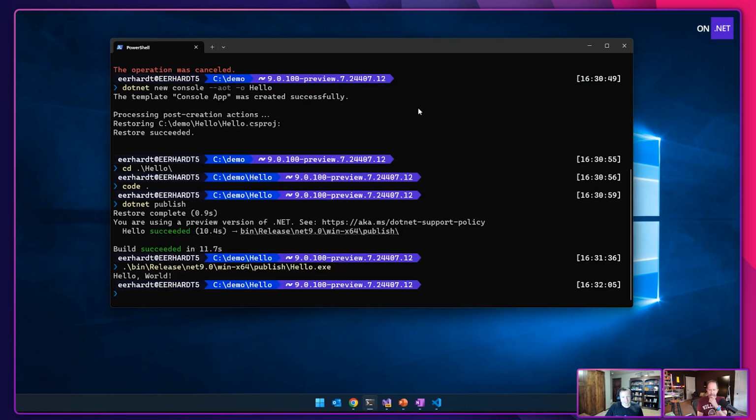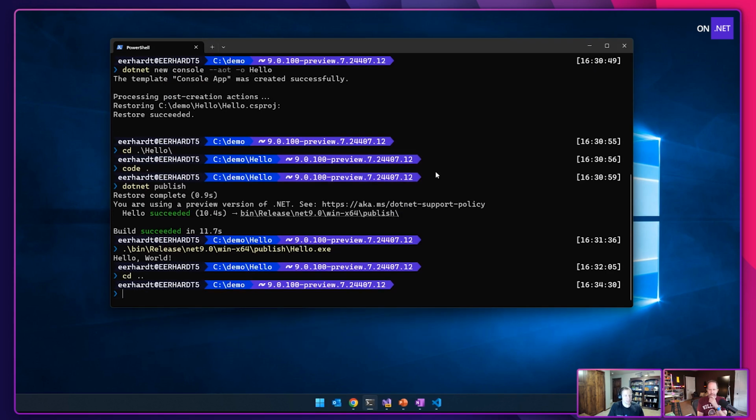That's fine and dandy, but I want to do something real, right? In .NET 8, we really worked on, well, what if we want to make web servers like this? What if somebody wants to build a web API, put it in a Docker container, and ship that Docker container somewhere? It's small because you don't want to download all of the .NET runtime just to run this web API app. And so if I .NET new webapiaot, we'll call this hello ASP.